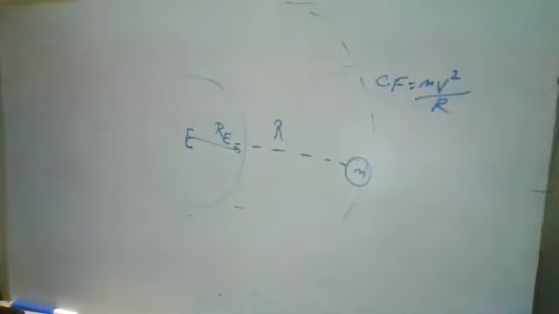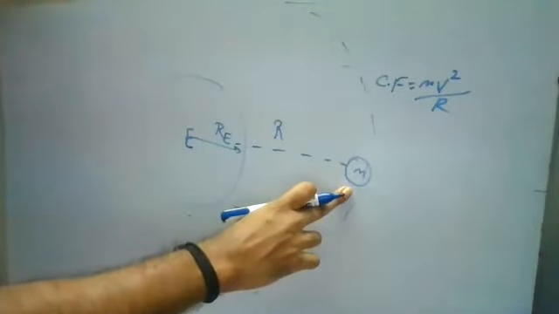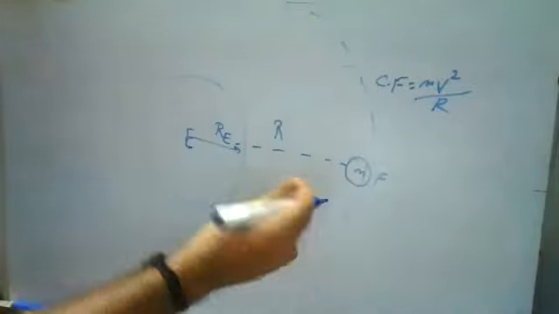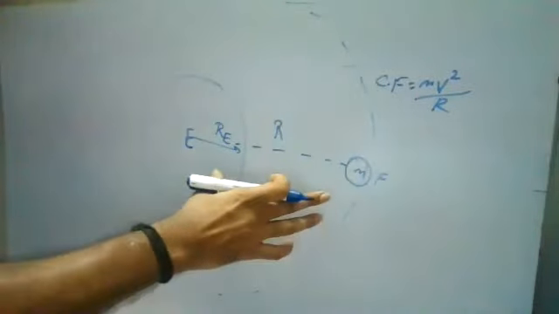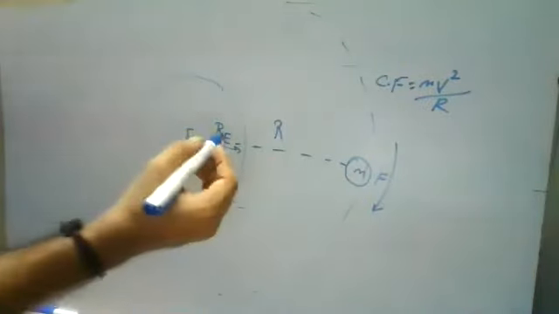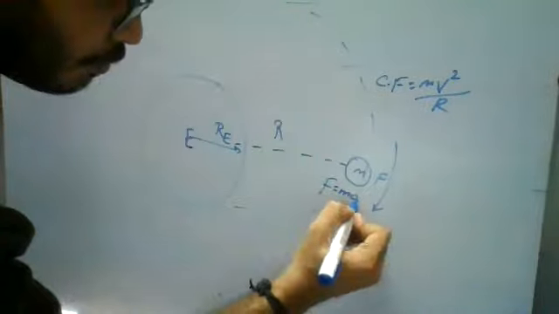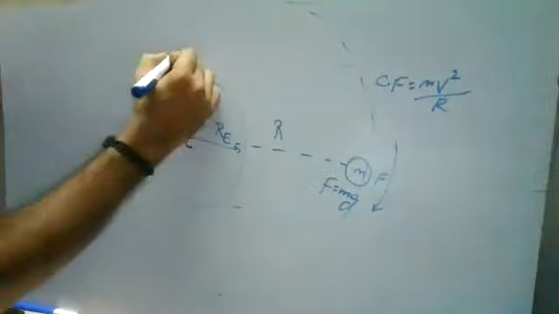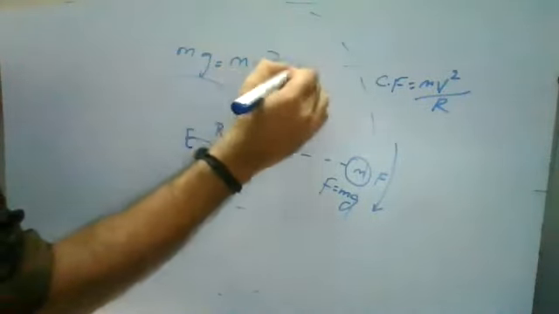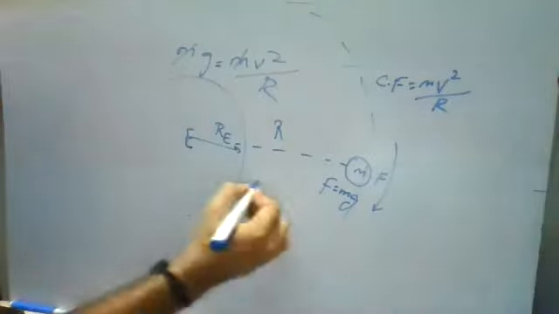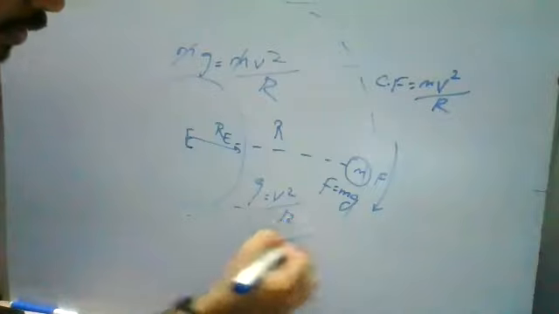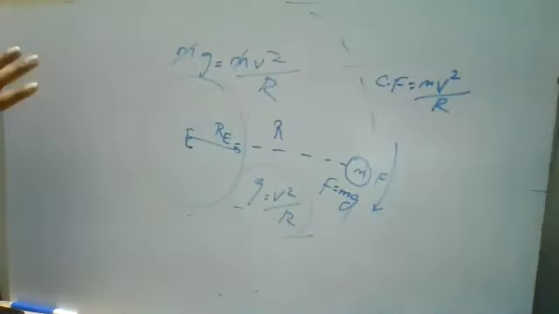This mass is gaining an acceleration and has some force. This force is your gravitational force. Because of the gravitational force, this object has some rotation. So two types of forces are acting: one, F is equal to mg, and the other is mv square by r. Relating these two equations, mg is equal to mv square by r. From this relation, m gets cancelled and g is equal to v square by r. Remember this relation, which relates centripetal force and acceleration due to gravity.